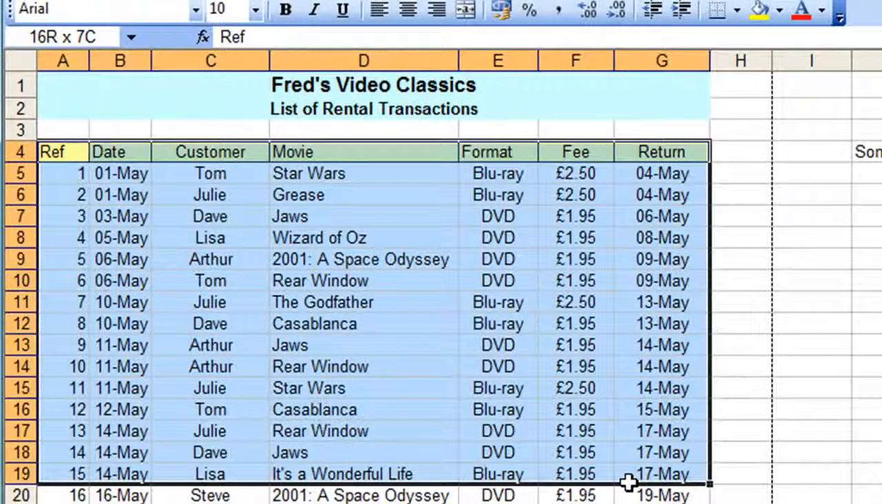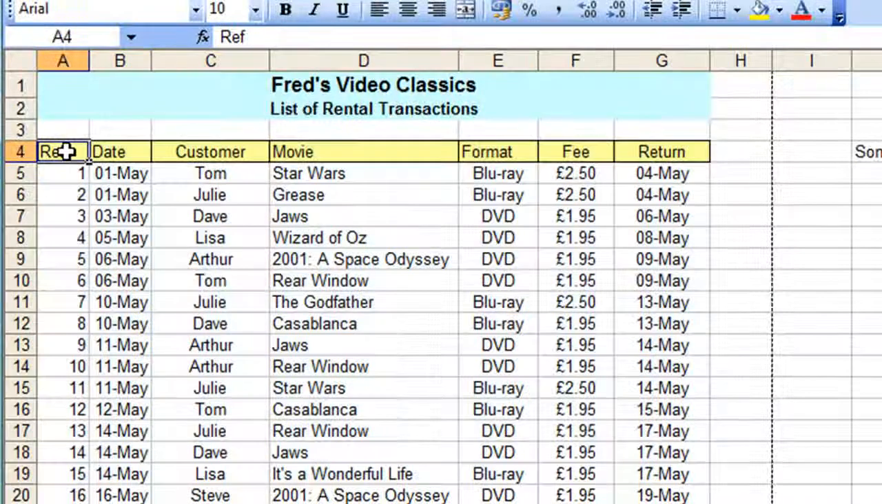Well, I'll tell you what, some of you might be thinking, hang on a minute, I'm not going to click and drag over hundreds of rows of data, and you're quite right, you don't have to do that. All you need to do is click into cell, in this case A4, which is the very first cell of my table. Hold down on your keyboard, bottom left, the Control and Shift keys, press both those keys,